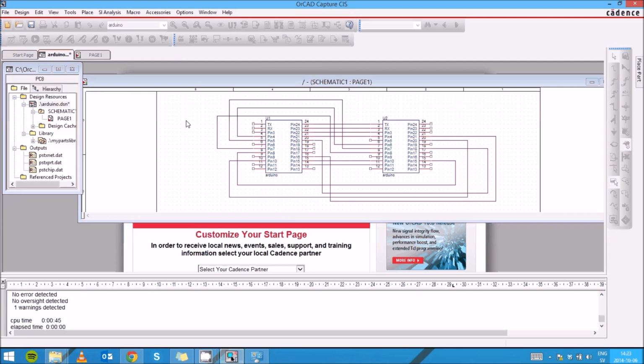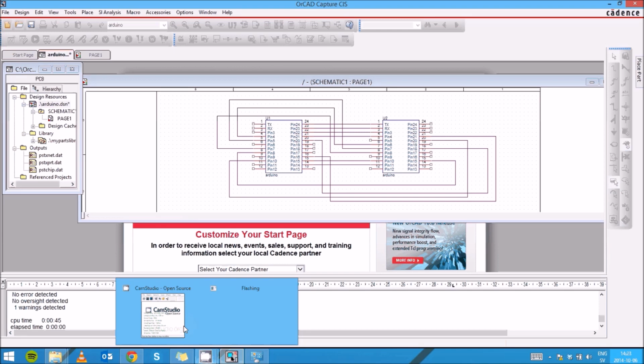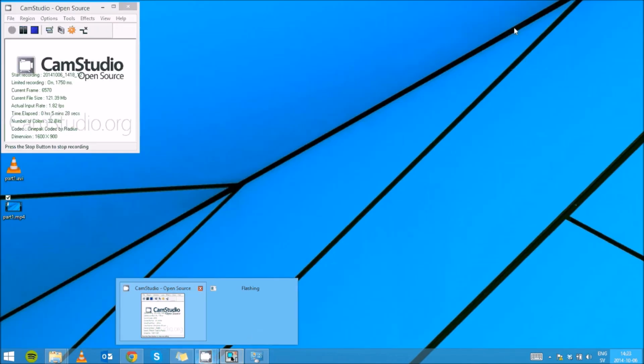So this is the part that covers how to design your own part and how to connect it in OrCAD Capture, and then how to create a netlist to use in PCB editor. So in the next part we will discuss how to